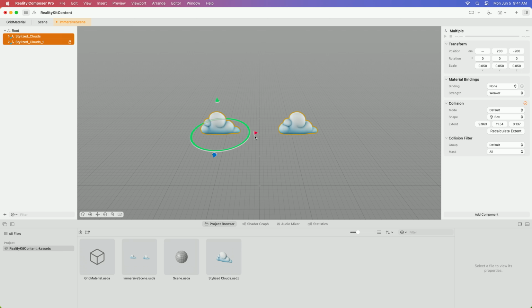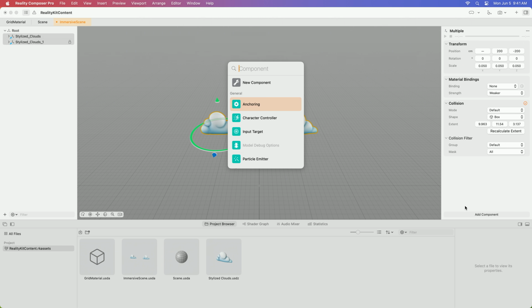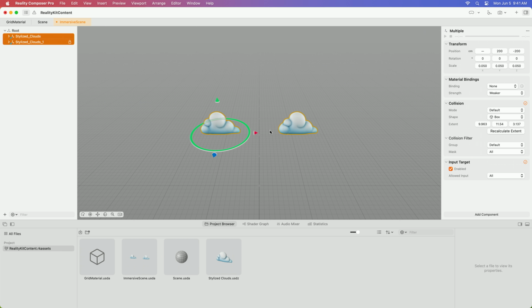Notice that Reality Composer Pro creates a collision component for the model by automatically choosing an appropriate collision shape. You can change this collision shape if needed. We now do the same for the input target component. We click the Add Component button again, this time selecting Input Target. Great. Let's save our changes by selecting File, Save All.